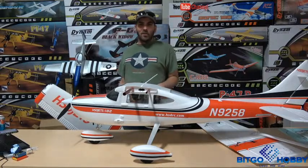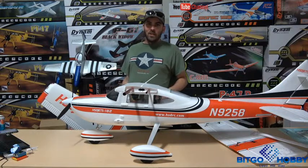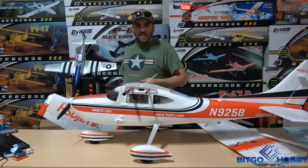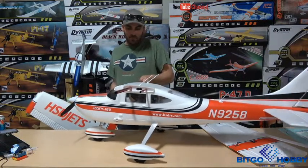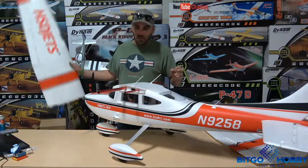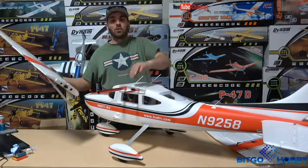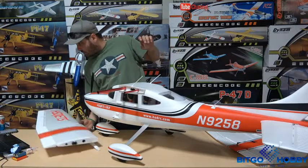I used to have another big Cessna, and it went in due to Woody, actually, a parachute guy, Woody from Toy Story. I flew into him, and that was the end of that one. So I'm super excited to fly this and kind of have one of them back. This thing is like the Cessna 150, but on steroids. Tons of lights and plenty of power, easy wing connectors, and can transport it super easy also. So as far as putting this bad boy together,